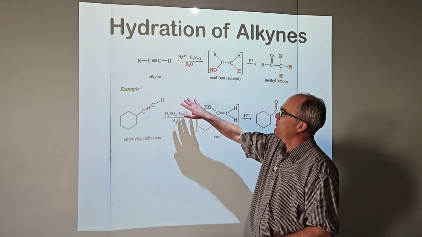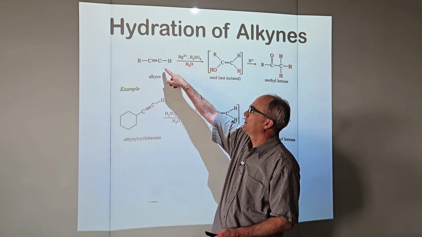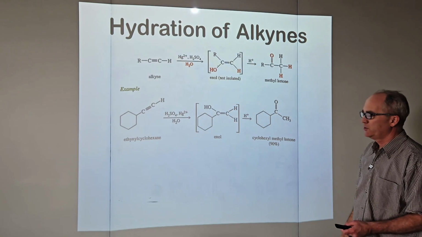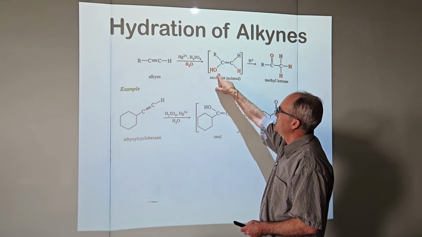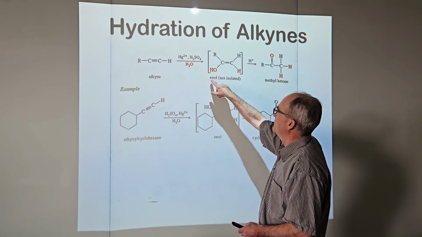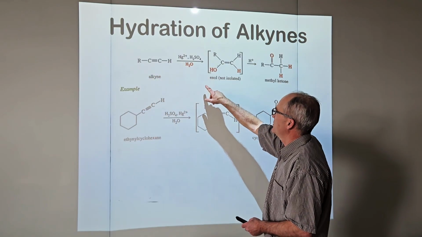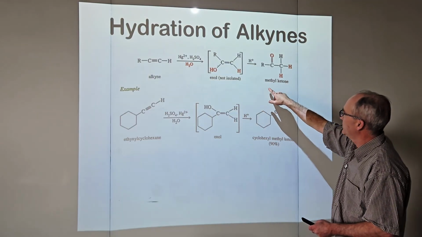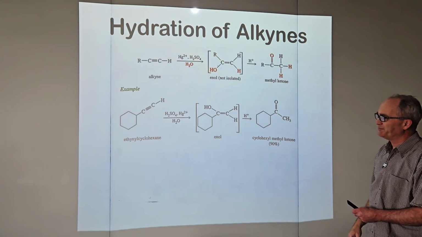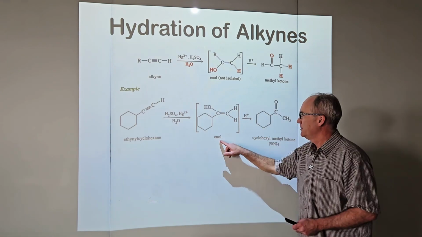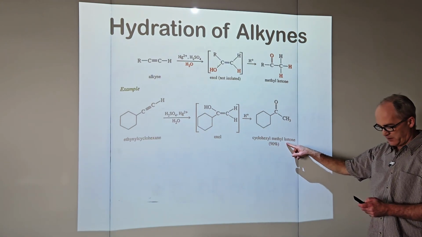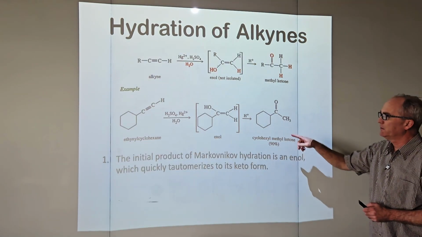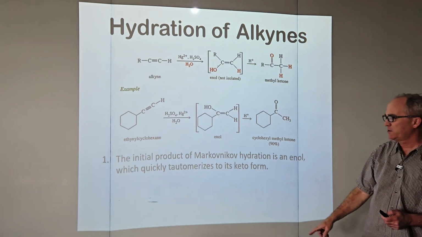keto-enol tautomerism. So this is a review of chapter 9, the alkyne chapter. The mercury and the sulfuric acid gives you a Markovnikov hydration here. This carbon got the hydrogen. It was richer than this one that doesn't have the hydrogen. So the OH goes there. And the enol isn't isolated. It tautomerizes into the methyl ketone. Ethynylcyclohexane. Here's the enol. Here's the methyl ketone. So the initial product of a Markovnikov hydration is the enol, which quickly tautomerizes to its